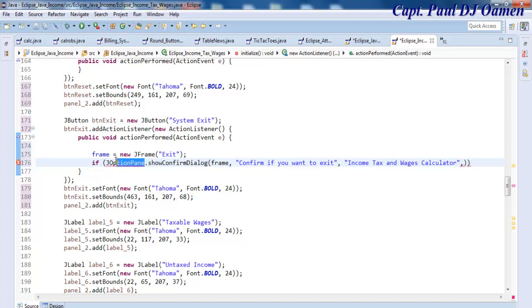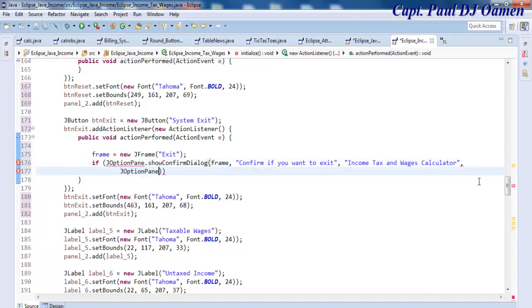This other argument is going to be for my message box. Okay, let's come down here, press enter, paste that in there, and that is going to be dot YES_NO_OPTION, and if that equals this,